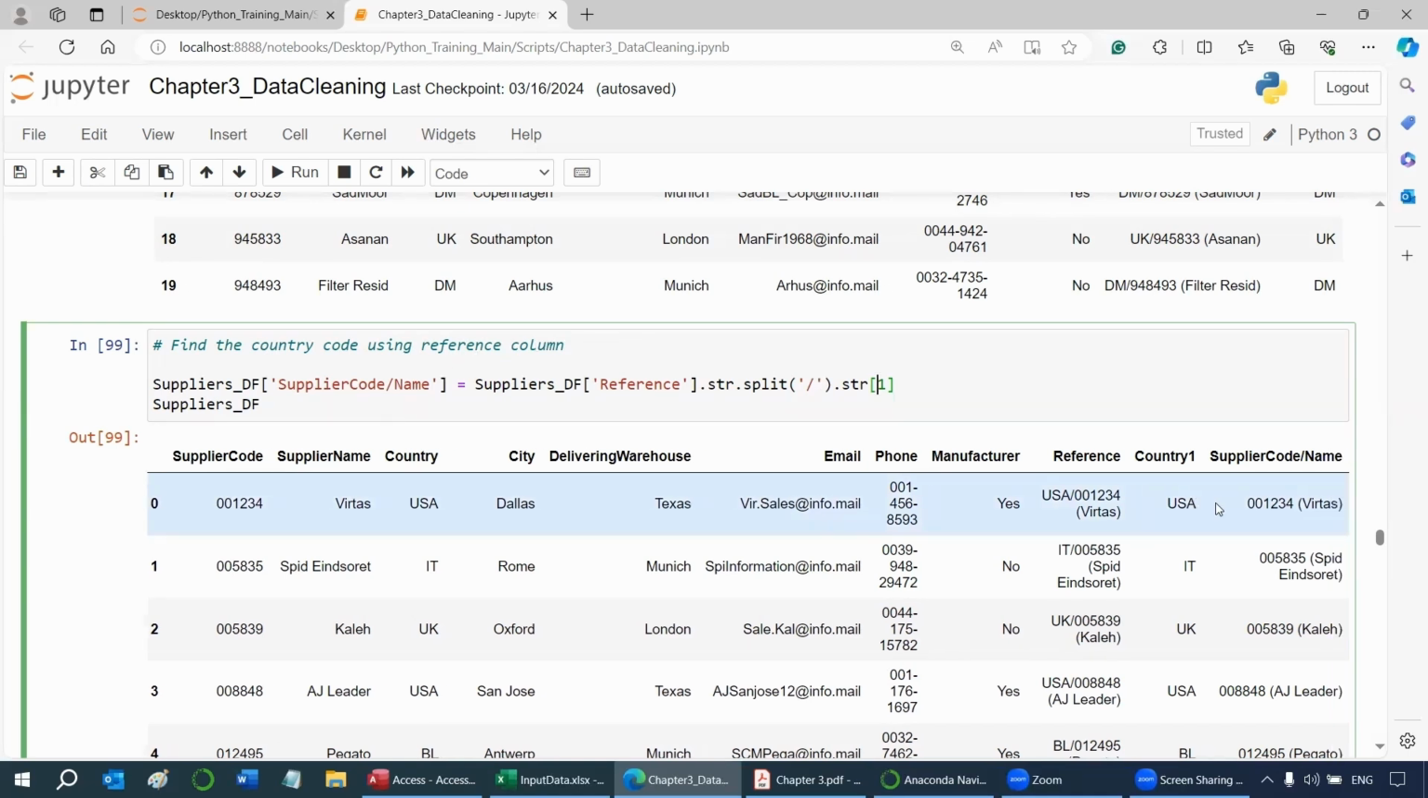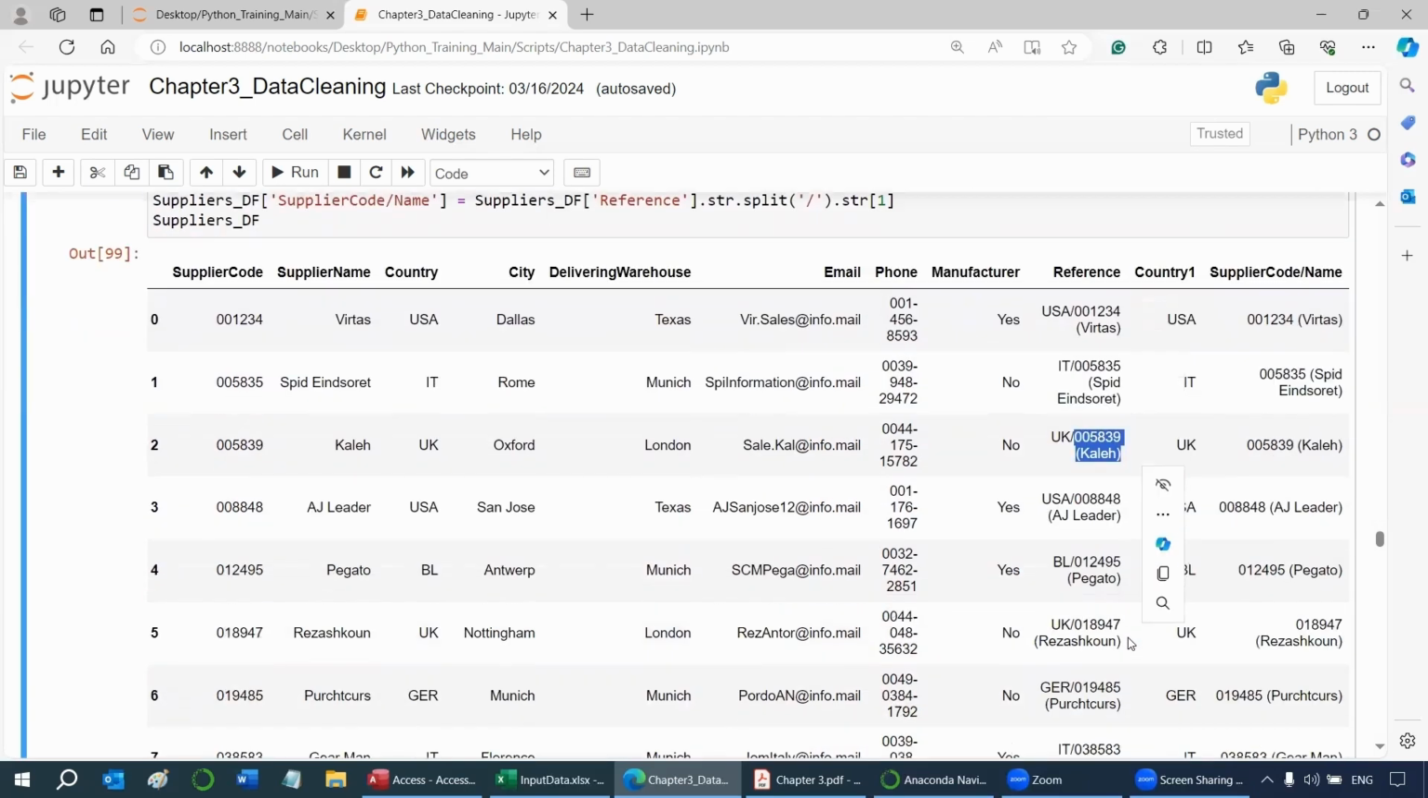So as you see in the resulting data frame, a new column, supplier code and name is added, which is the right part of the slash. So in this case, we take this part. In the second row, we take this part. In third row, we take this part, and so on. And then in the next step,